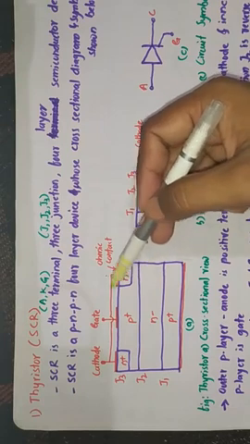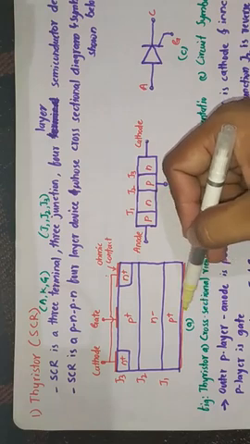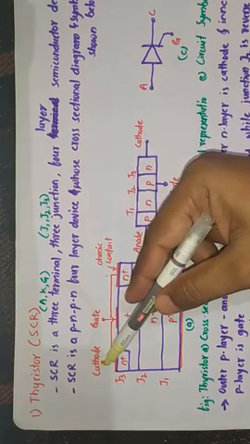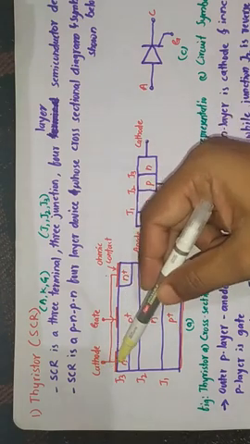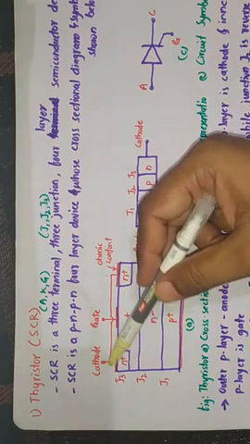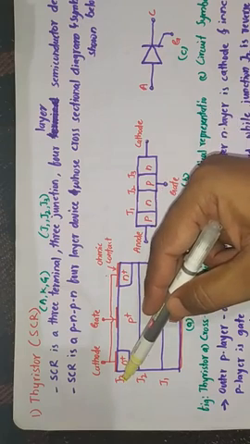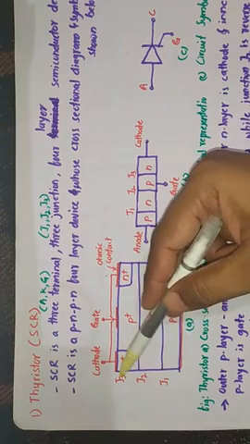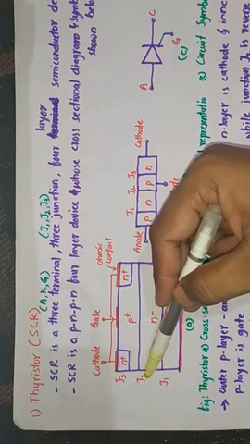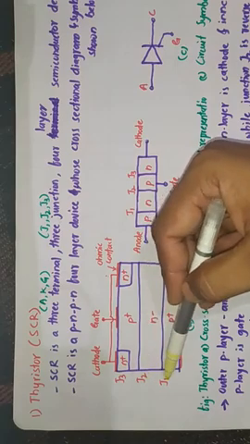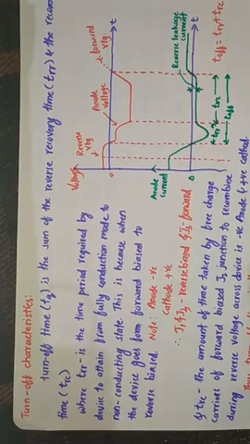Reverse voltage across this is nothing but a negative voltage applied on the anode side, and a positive supply applied to the cathode. So with a sudden application of reverse voltage across these terminals, your device will turn to the off state, because junction J3 and junction J1 will both be reverse biased, and J2 will be forward biased. These things we have discussed already. Coming back to the turn off characteristics.